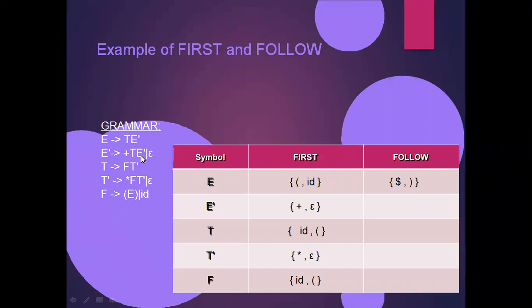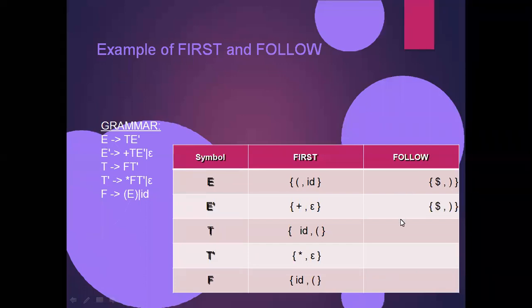And now E dash. Here we are having two rules for E dash. All of you see the cursor where I am placing. E dash. Now this E dash becomes B and this E dash becomes B. And what the beta is? Epsilon. If beta is epsilon, we need to apply the rule like follow of A is equal to follow of B, or follow of B is equal to follow of A. And here we need to construct for E dash, right? So follow of E dash is equal to follow of E. We already constructed the follow of E. What the output here is? Dollar, comma, closed parenthesis. So the same output for the E dash.